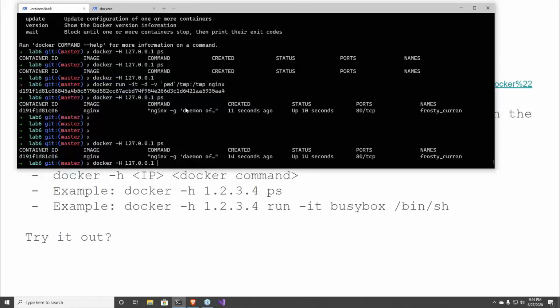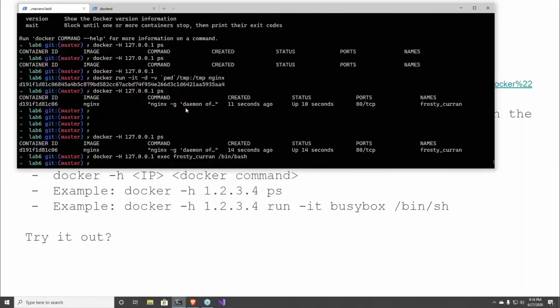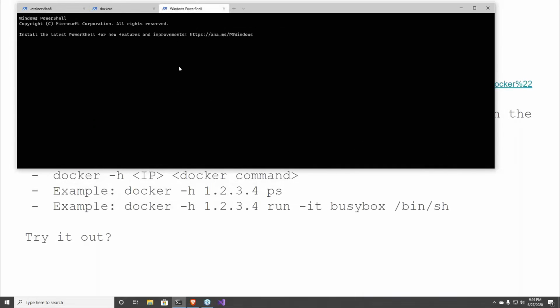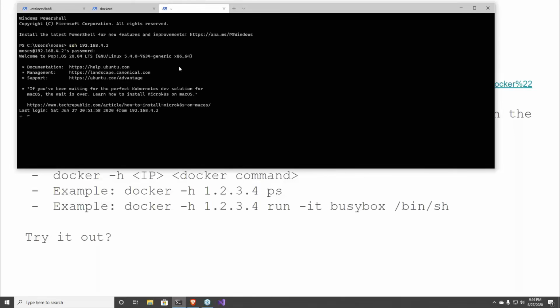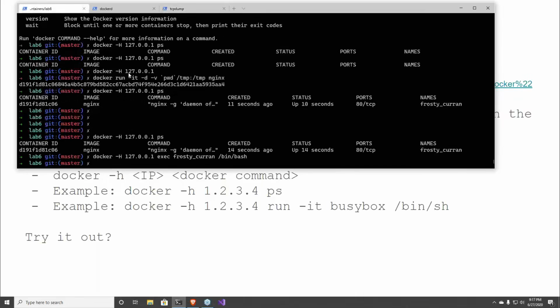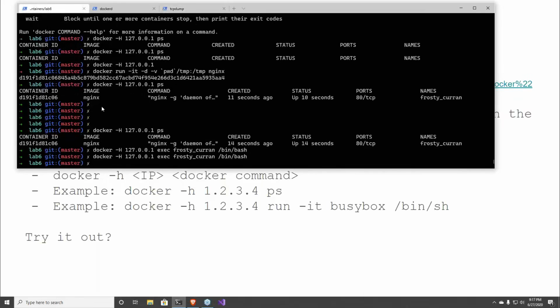Docker exec frosty curan bin bash, right? This is running over localhost. And if you really want to prove it, you can go into your box, do a sudo tcpdump on that box, and look at port 2375. Because it's not encrypted, you'll probably see the bin